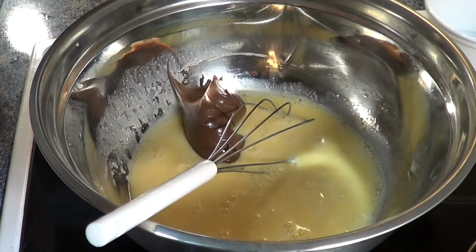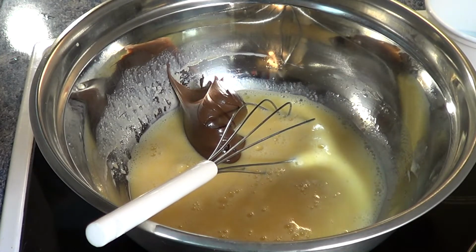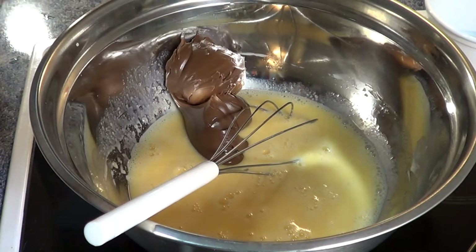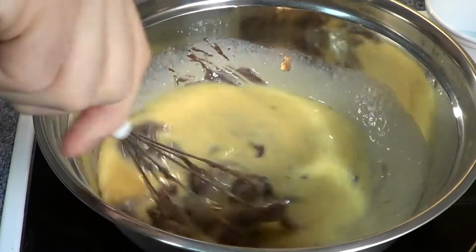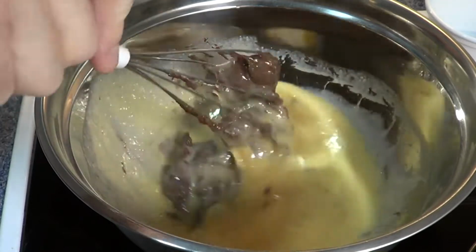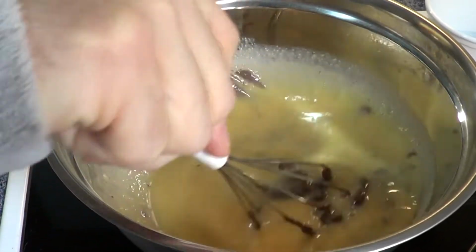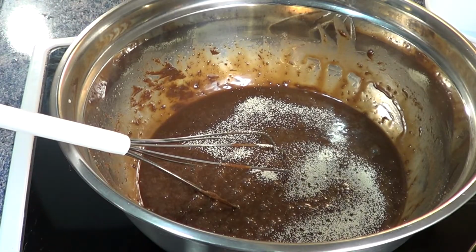Now the hazelnut cream. This is a very easy recipe and very quick to prepare. Okay, we mix. And now when we have a good mixture like this, we add the yeast,